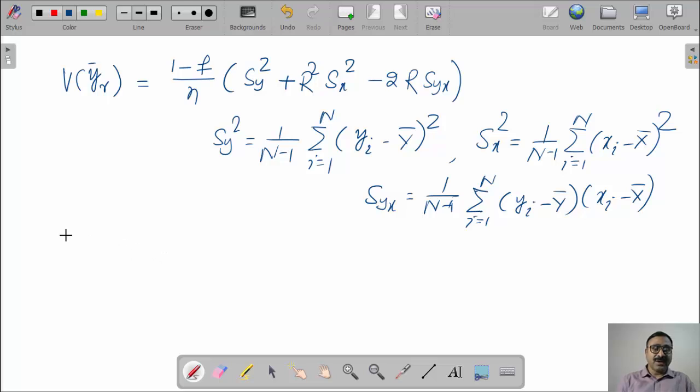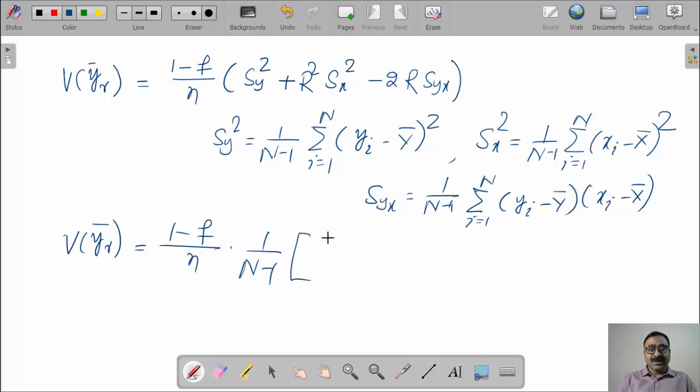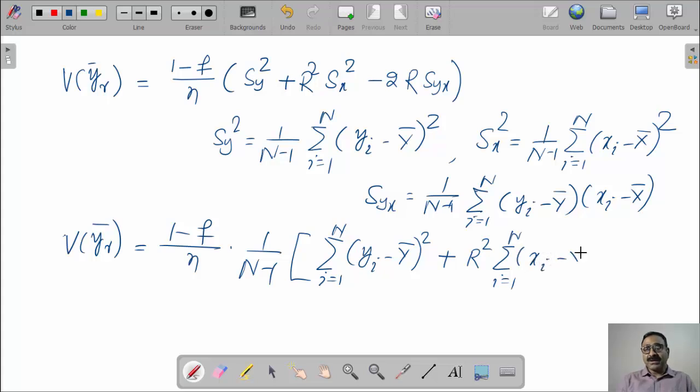Variance of y R bar is equal to (1 minus f) by n into 1 by (n minus 1), summation i equal to 1 to n (yi minus y bar) whole square plus R square summation i equal to 1 to n (xi minus x bar) whole square minus 2R summation i equal to 1 to n (yi minus y bar) into (xi